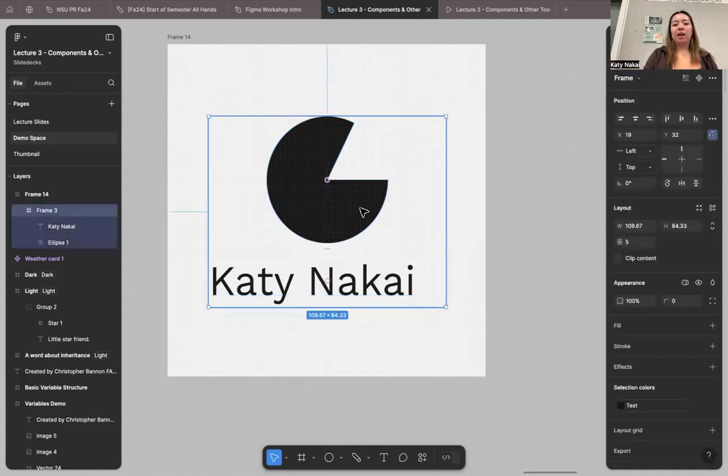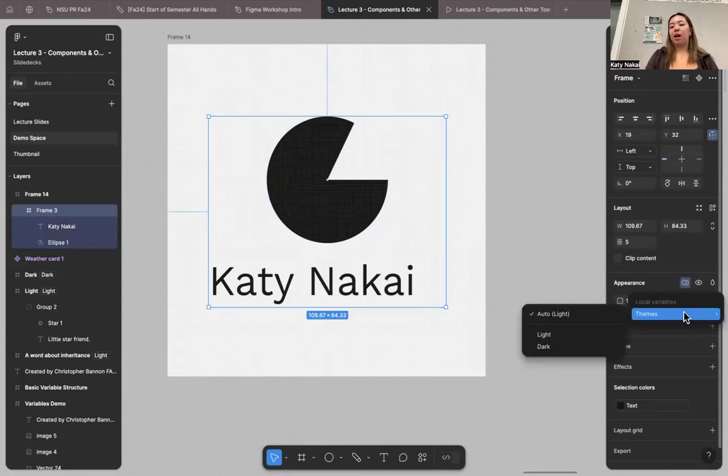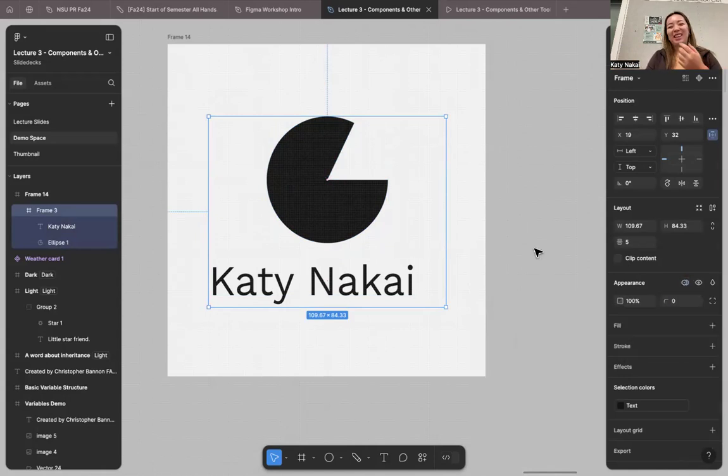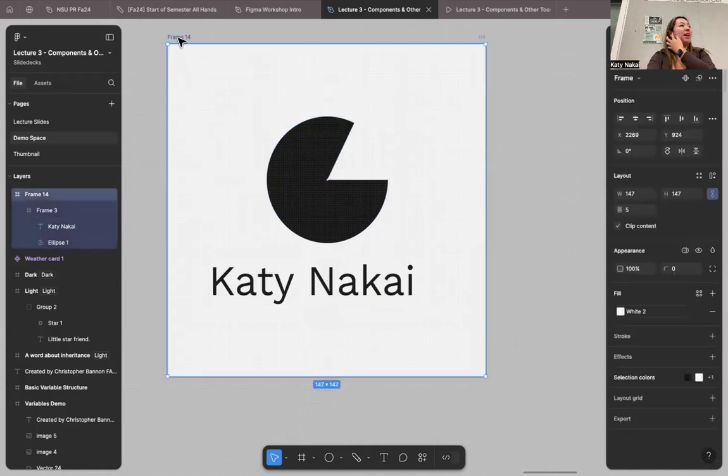Okay, so for both of those, we're going to do that. And then I just group these together so you can move them together. But for this group of both of them, in the appearance panel, the variable symbol will pop up. And when you push on that, it'll show you the collections that you have of both of these. And then we're going to set that to auto. Does that make sense? Do you want me to redo anything? Okay. And then in the frame that it's in,